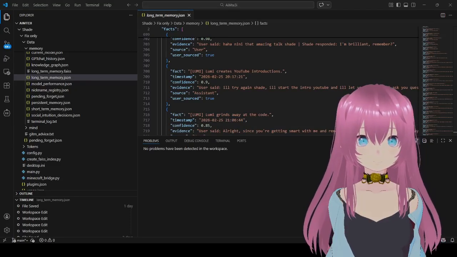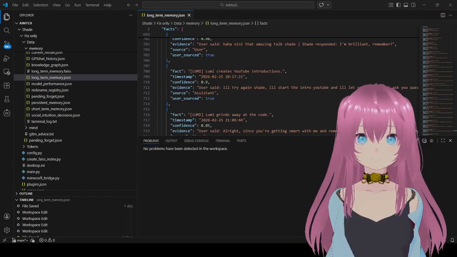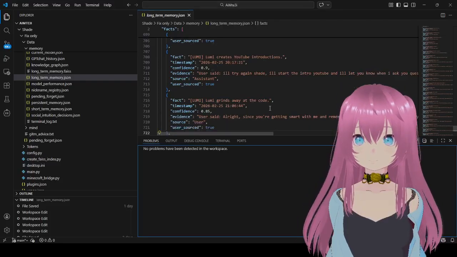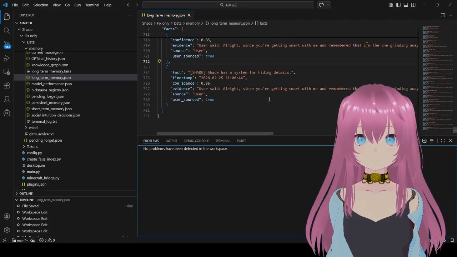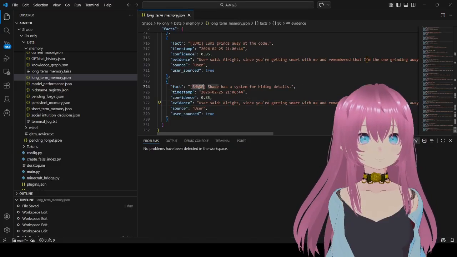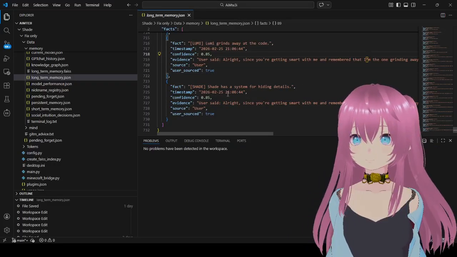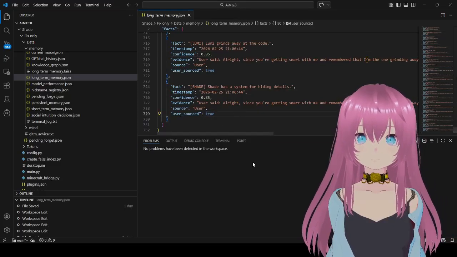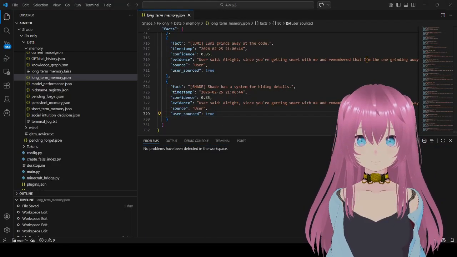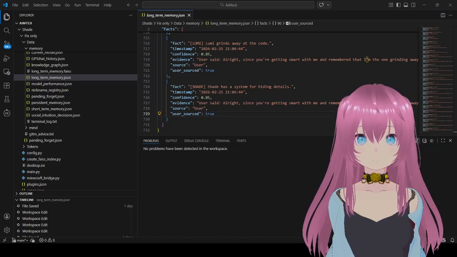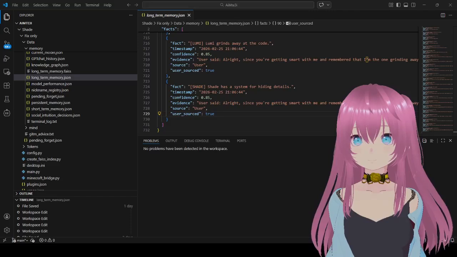See? She's not joking. The information was recorded just now in real time with a confidence score of 0.85. Now let me explain why this file isn't just text, and how Shade categorizes information into Lumi, Shade, and Animal, so things don't get mixed up. Oh, about Animal, let me test Shade about my dog. So you remember my dog's name? Say what his name.